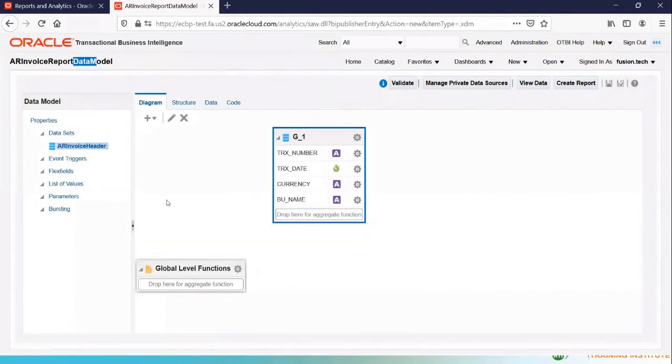What is this? Data model. And what is the report that we are building? A BIP report. I have explained the use case. I have explained how to pull the tables. I have explained how to pull the queries, how to join them. I have explained at each and every step.